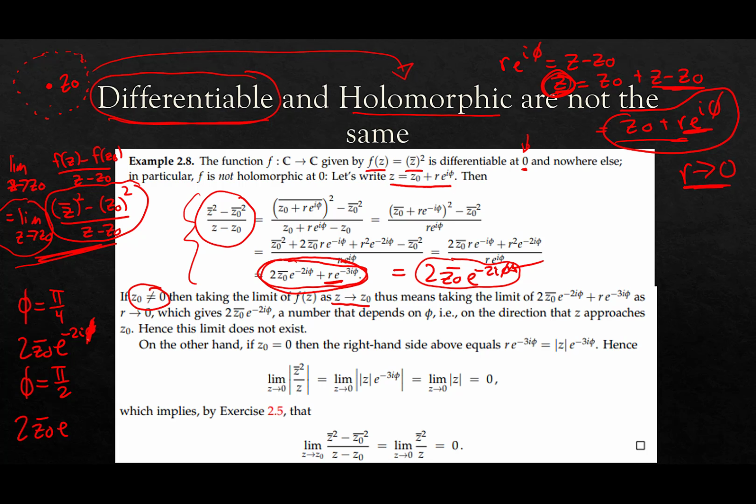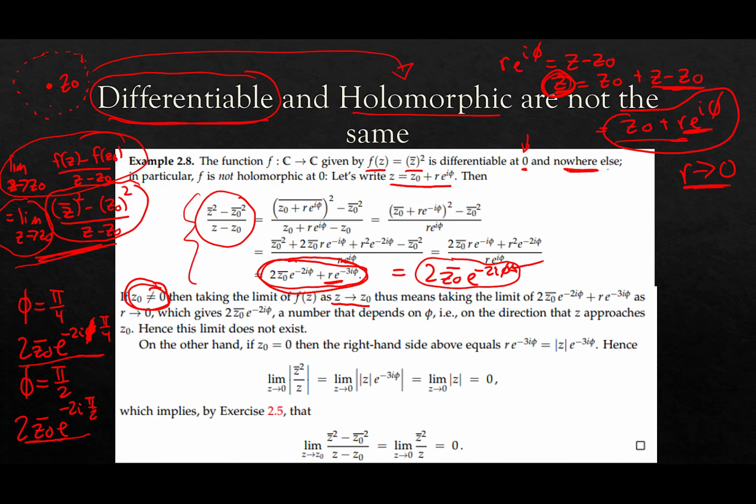But if we traveled along a path where phi was equal to pi over 2, we would get 2z naught, conjugate of z naught, e to the minus 2I pi over 2. Whoops, the first one should have a pi over 4. And then clearly, these are not the same number, right? One's got a pi over 4 and one's got a pi over 2. So what we can conclude is that if z naught is not equal to 0, then our derivative would not exist. Okay, so that's unpacking a lot right there, so take a pause if you need to and go over that. But in any case, here's a function that's not differentiable at any place that's not 0.